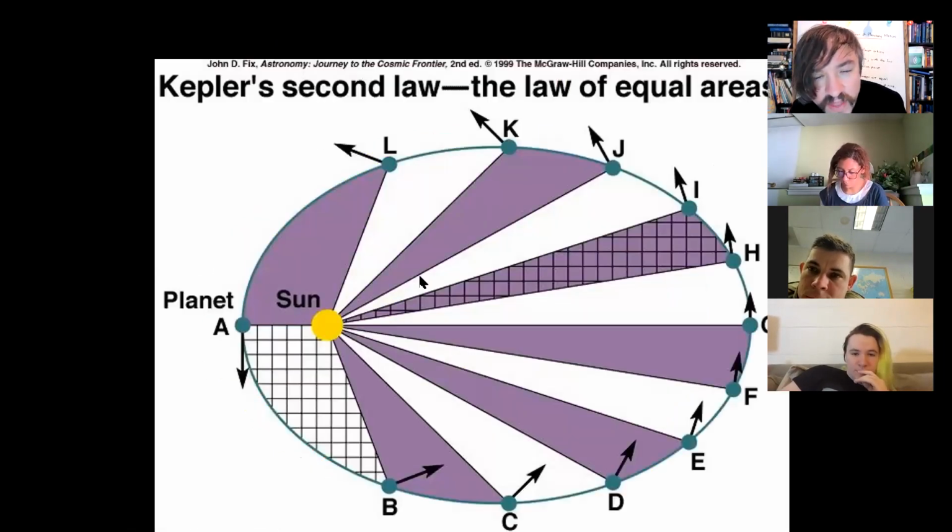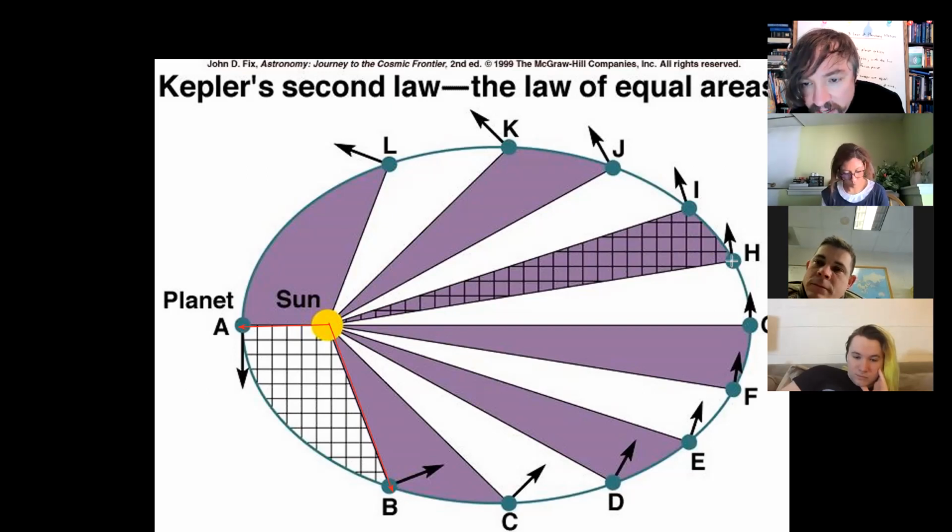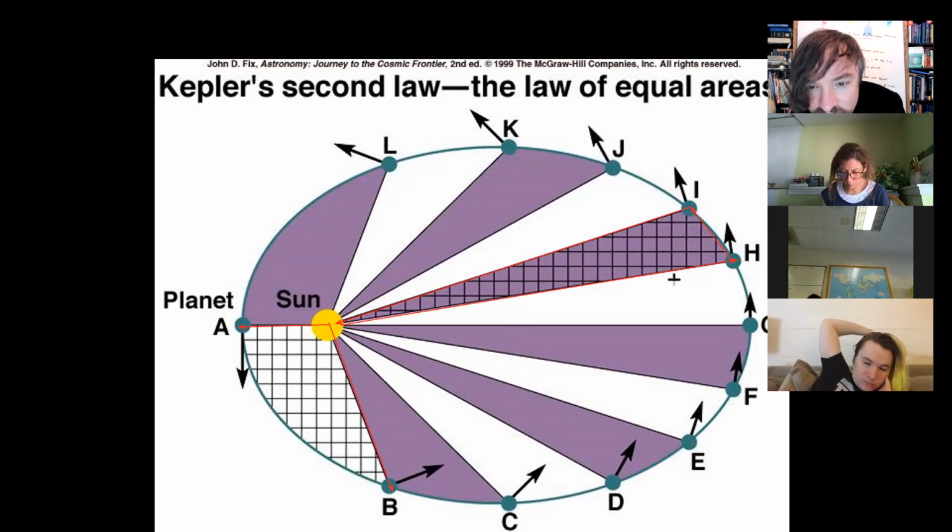Kepler discovered that he could predict the position of the planet if he drew a line between the planet and the sun. He discovered that, let's say a planet goes from position A to position B in 2 weeks. That's a pretty big distance. Later on in its orbit, it might go from position H to I in 2 weeks. Clearly, the distance from A to B is a lot longer than the distance from H to I. But if he traced out a line connecting the planet and the sun, by magic, the area of this triangle, he divides it up into little boxes, is perfectly equal to the area of this triangle.